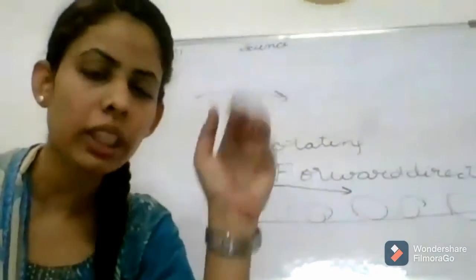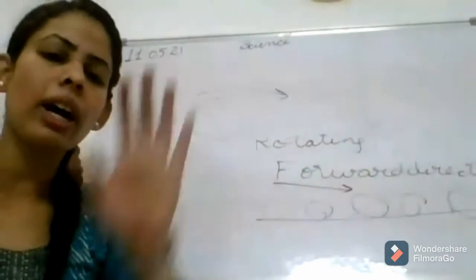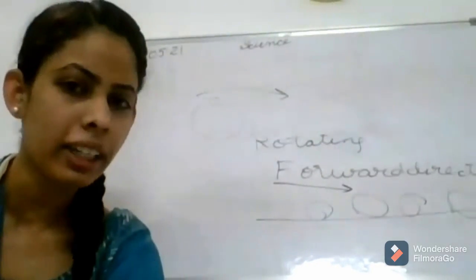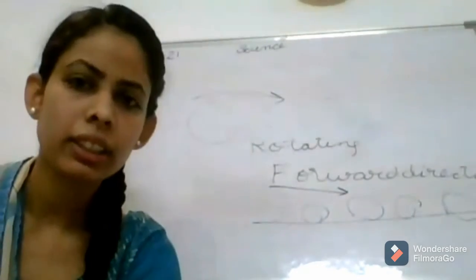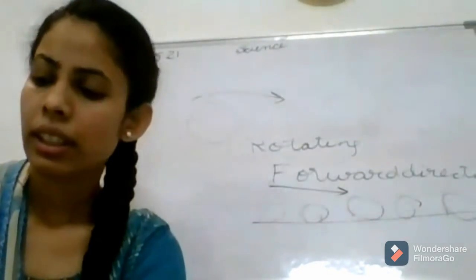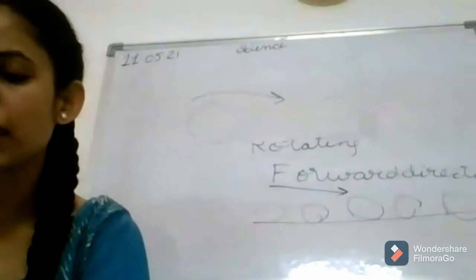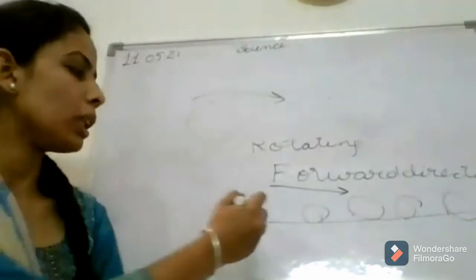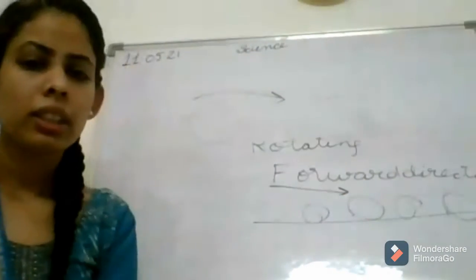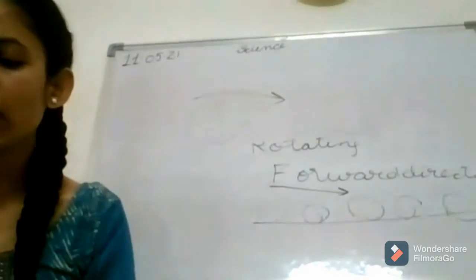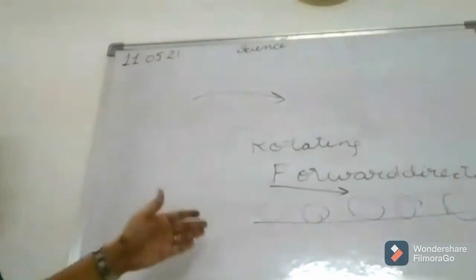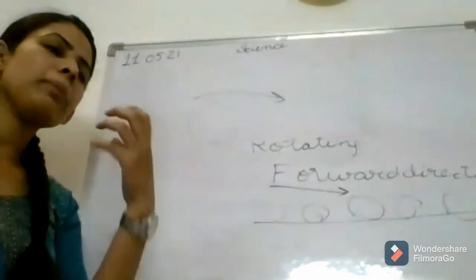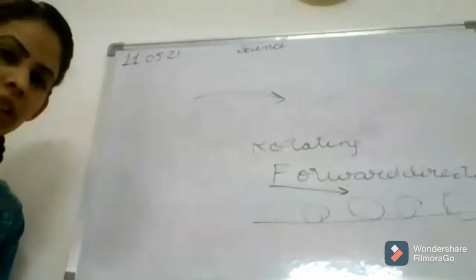Our hands are in motion. Firstly, I am writing over here. Now I am just placing my hand over the table. So there is a change in the position of the hand. So it is in motion. Clear? So the change in position can be determined through distance measurement. We can also measure the distance from this position to this position. Clear? And we will use any scale or any other device to measure it, either a measuring tape or a meter rod.